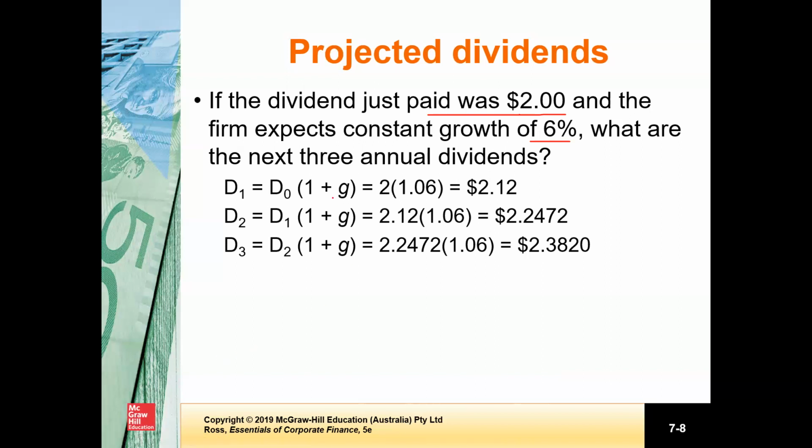For example, when our D0 was 2, the latest dividend paid, our year one expected dividend will be 2 into 1.06, that is 2.12. So it's 2 into 1 plus the growth rate. We are capturing the growth rate to estimate dividends. The year two dividend will be the year one estimated dividend, again times 1 plus the growth rate. Then year three is D2 times 1 plus the growth rate. So you can see that based on the latest dividend and our expected growth rate, we can estimate the future dividends.